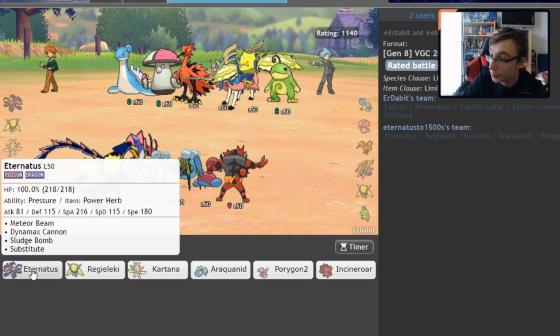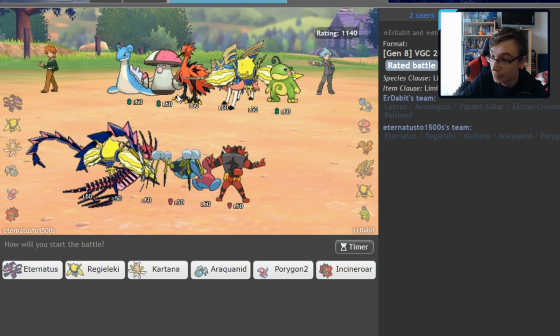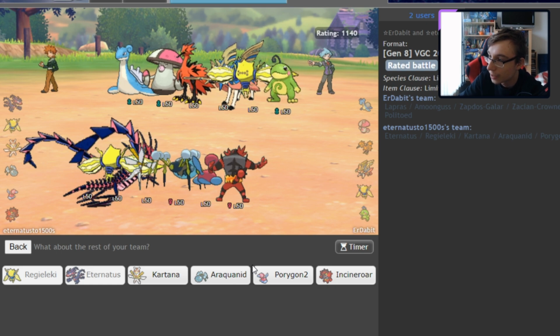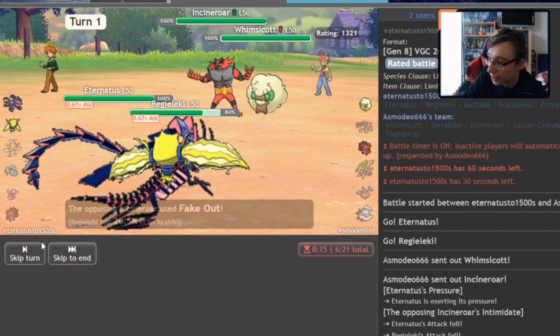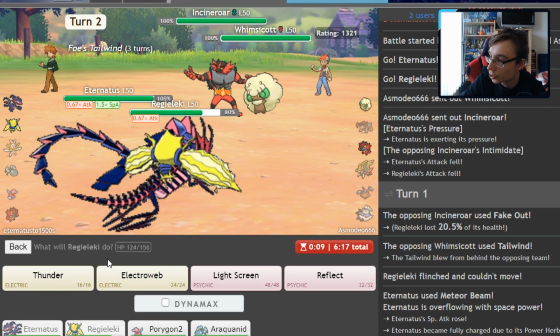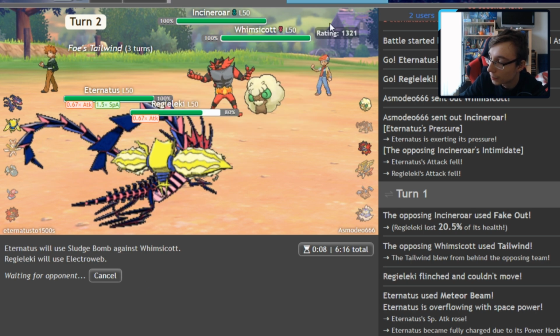Oh yeah, Eternatus has Pressure, and Zacian has Intrepid Sword, so you just probably know why Zacian is used over Eternatus. It's not even remotely a fair comparison. Oh my goodness, we missed the Meteor Beam, saving us the game. Because if that was a switch to... I would reckon this was a loss, but I guess...